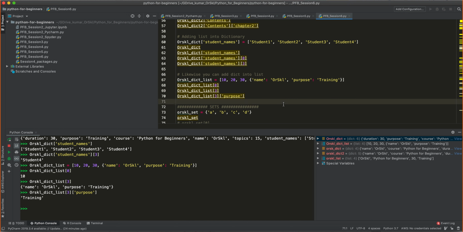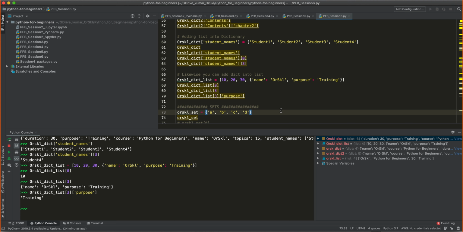So let's get into set. Set is exactly again the same as list. The reason why I covered list in the beginning is because there are a lot of similarities I can draw on. I can refer to the list and I can teach the next data structures. That's the reason list was taught first, and I have spent a lot of time there to make you understand list well.